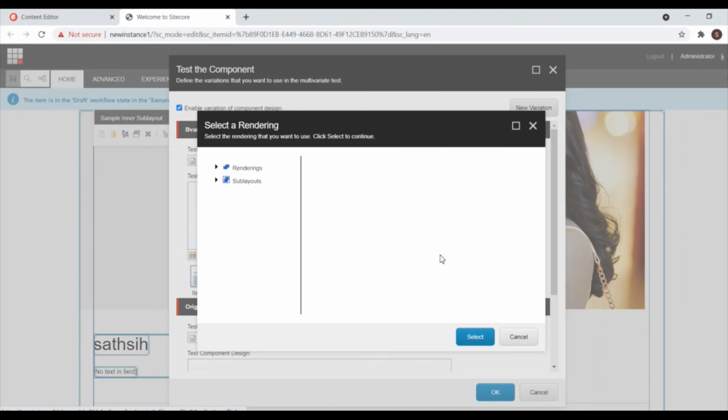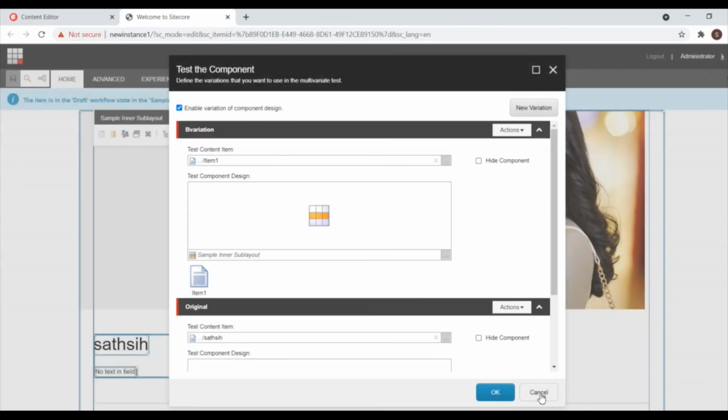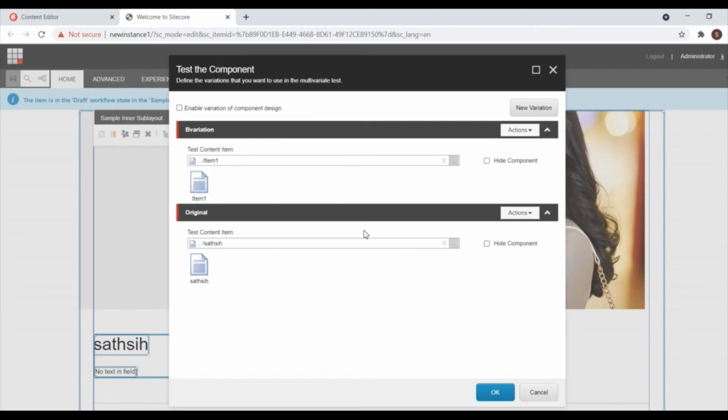So a different design is given for these two variants of the same component. You can add another rendering component and select it here. Now I don't want this option, so I only have this. You can see the actions: you can delete or rename. So I'm clicking OK.